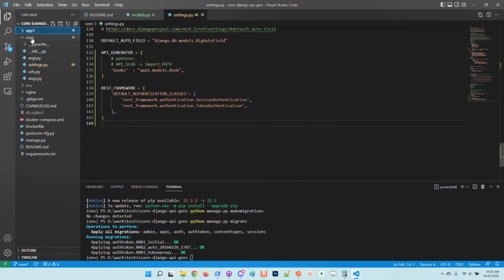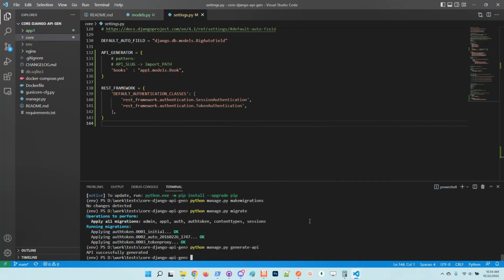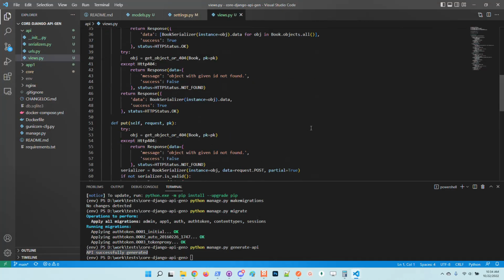Basically, the tool will validate the configuration, and if all is good, the API will be generated in the root of the project. Let's execute the application. So we have this successful message, and we can navigate to the API and visualize the generated code,